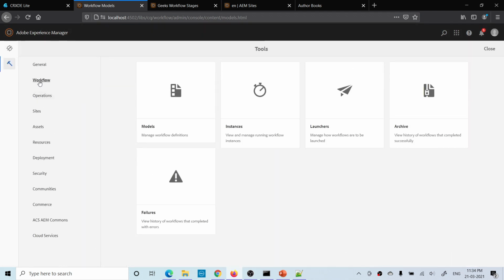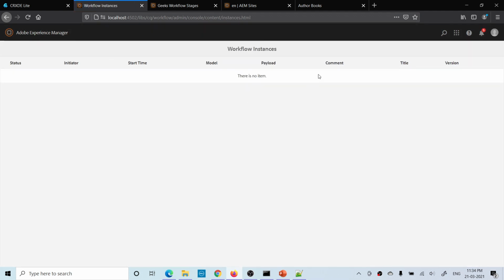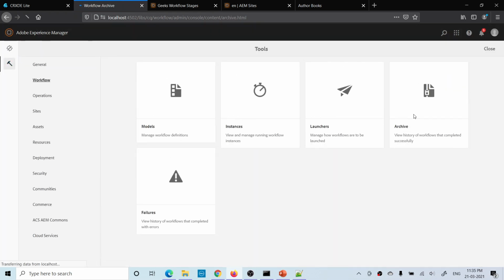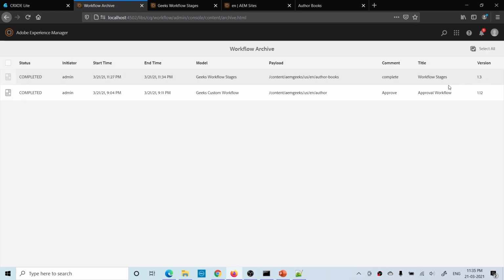and come to workflow, you don't see any running instance of the workflow. So go to archives and you will see the workflow has been completed. The title of that workflow was workflow stages, and this has been completed. The model is geeks workflow stages. That way you can divide your whole workflow into logical sections. It will not have any impact on your workflow's functionality. You can add any number of stages